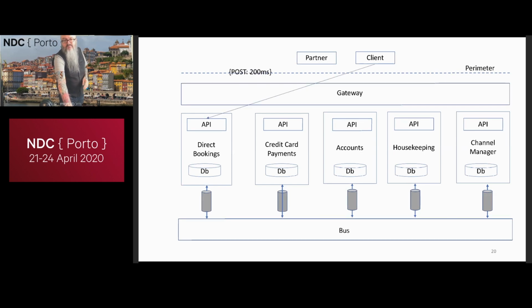The other problem is, if we think about it, we're going to make a series of calls here. So let's say our post takes a couple of hundred milliseconds, our get 100. Our credit card payment takes a lot longer because we have to make a call to an external payment provider, and they usually take forever to service our requests. Housekeeping, well, we're just doing a quick post, maybe that's okay. And channel manager, again, we're probably making an external call to Expedia, Booking.com, we may be making a series of calls, and the latency is going to build up.